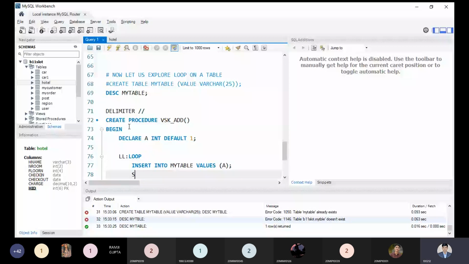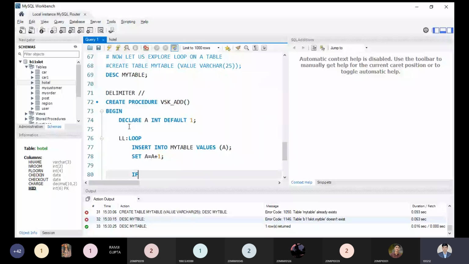And if a is equal to 11. In MySQL you are required to understand the comparison operator: we take only the single equal to, while in C, C++, Java and Python programming the single equal to is the assignment operator and for equality we have to use a double equal. But in MySQL you have to keep in mind we use only the single equal to operator.